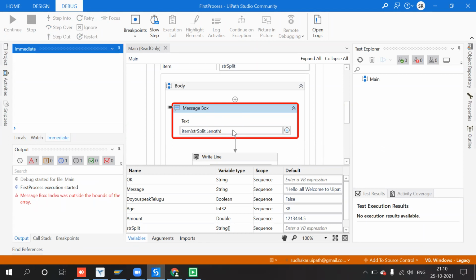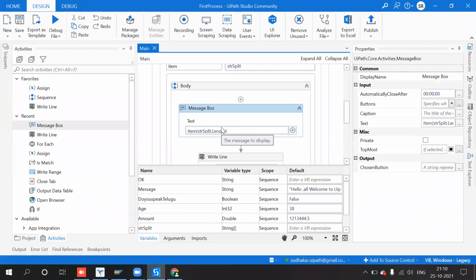So whenever you are using index, it should be -1. Okay, why use -1? So this is split length. The length is for 10 characters. When the item is coming, it starts with 0, so it should be length -1. For example, there are 10 values in the array.